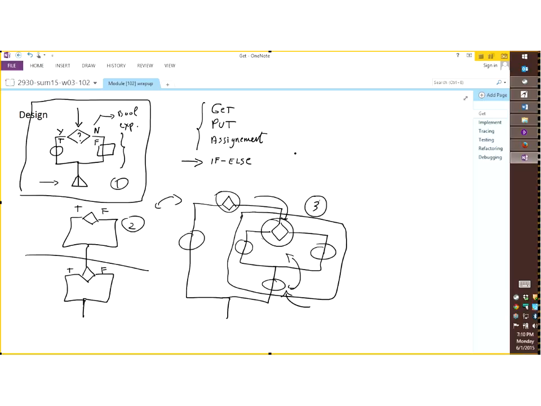Okay, so this is it for design. I kind of provided you with a sort of recap of the lecture video, but I'm not going to repeat what was already in that lecture video. I just wanted to refresh your memory before we go on to other things. So it's really a matter of pattern matching here, matching your problems into those little building blocks that you have been learning with the design skills, pretty much.